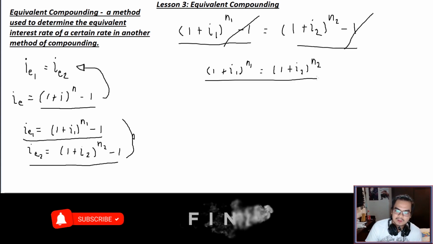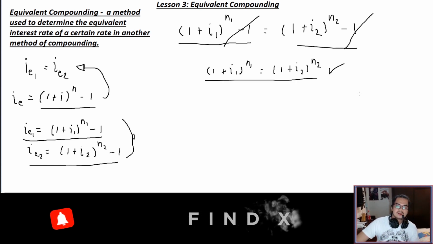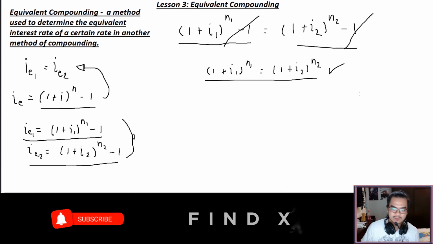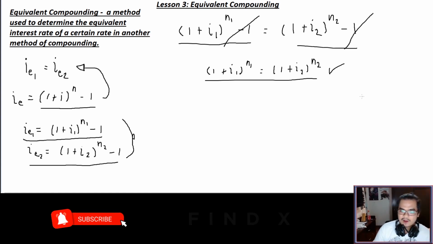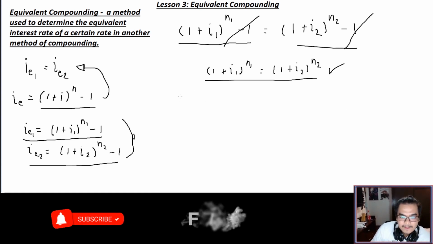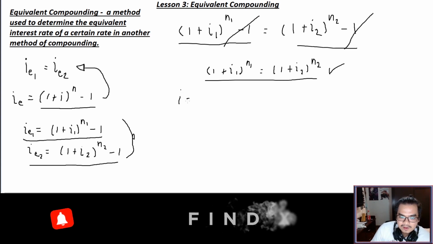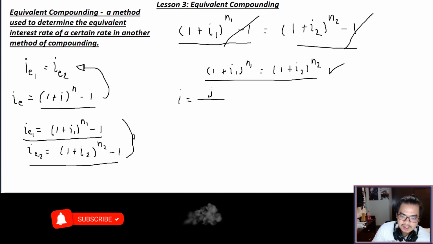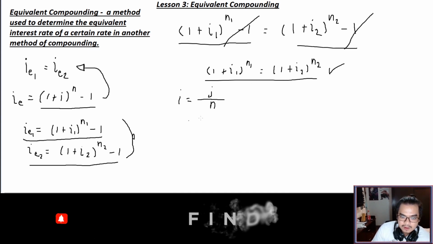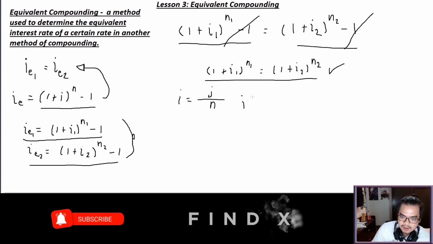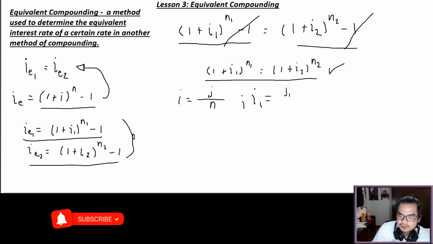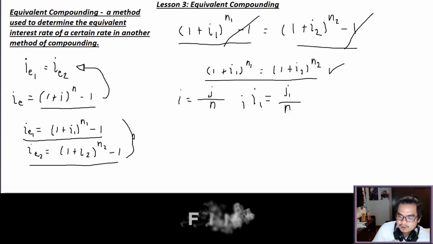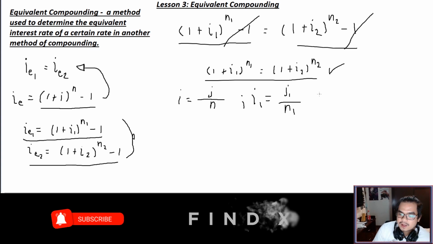This can be our formula for equivalent compounding. Later on we have some sample problems. But remember that i, the interest rate, is equal to the nominal rate of interest over the method of compounding, that is j over n. Therefore, i1 is equal to j1 over n1,